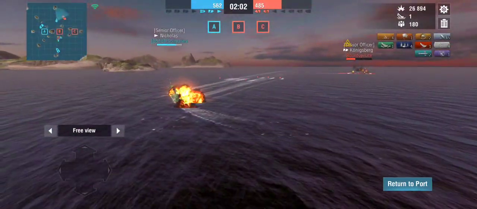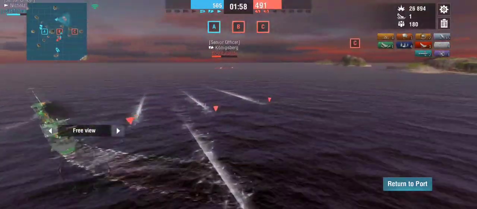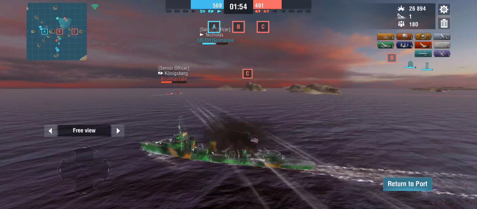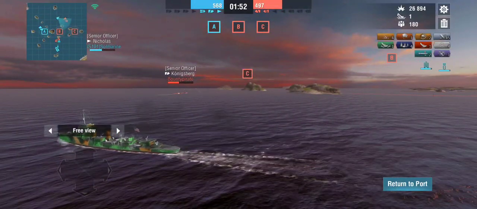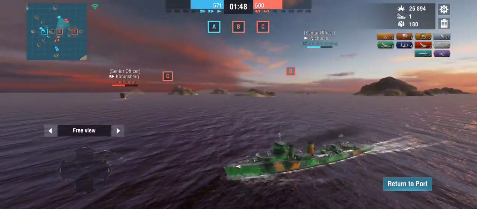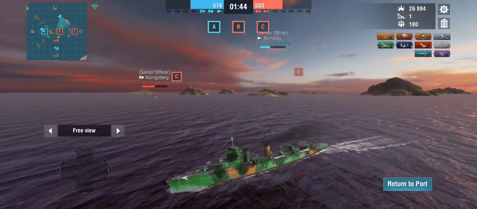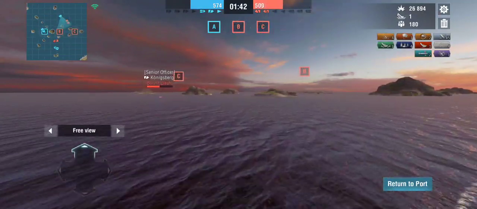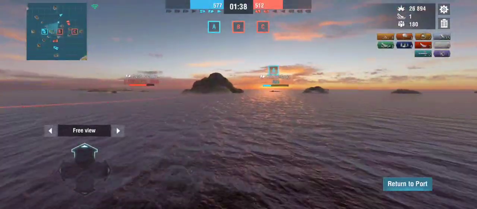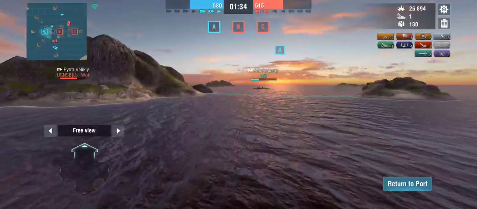Well, the Königsberg's kind of dumb and is firing HE. I don't know why he's doing that, because we all know that German cruisers and battleships are not good with HE, but I don't know what the Nicholas thinks he's going to do there. The Nicholas would have been more effective if he had gone after the Pytor Velicki and torpedoed him. That would have been a lot more useful than him getting killed by the Königsberg. But anyways, I don't know what our Königsberg is doing. I don't think he's going to be able to do much against the Pytor Velicki because,